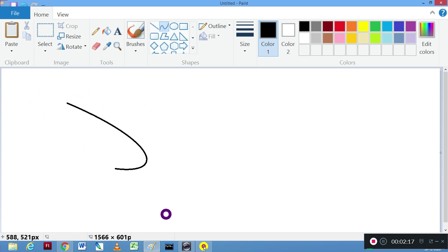The curve tool can be used in making balloons, in making flowers. You can first make petals of the flowers, and after you have drawn 4 or 5 petals, it becomes a flower. So I have one more straight line I am drawing here. Then after drawing the line I have to use 2 left mouse clicks, one click here and one more click. So this is one shape. This can be used as a petal for drawing flowers.